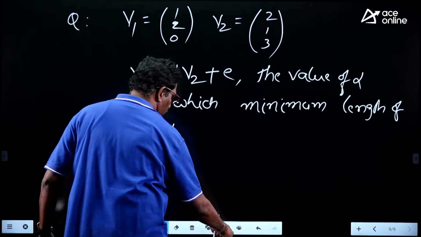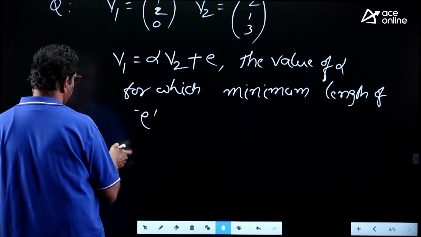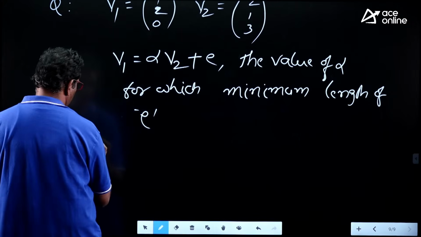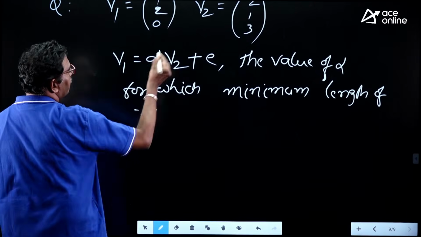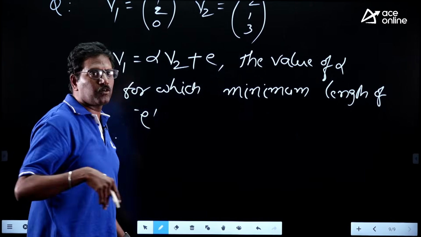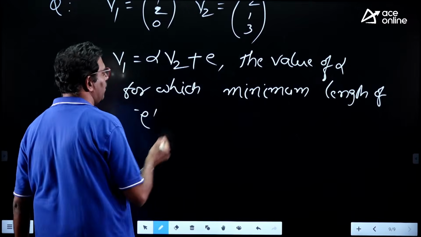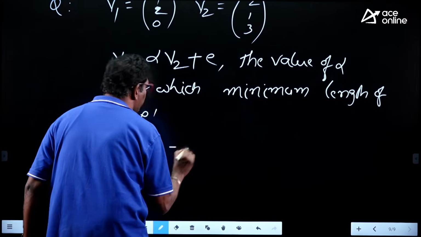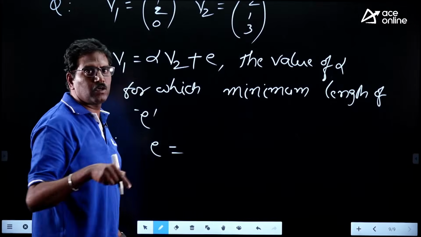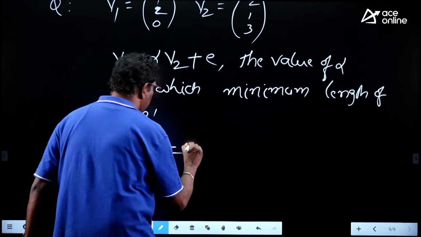Now coming to the solution. What is given here? You see the solution. One piece of information is given: we have to make E as small as possible. From the given data, V1 is equal to alpha V2 plus E. So E is equal to V1